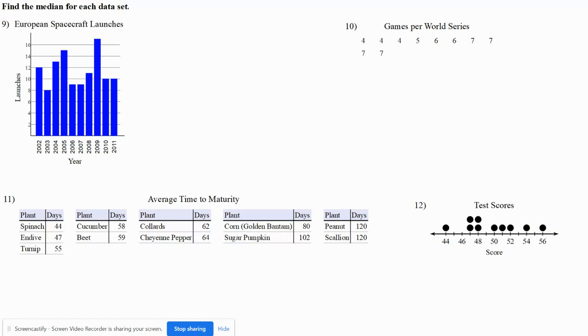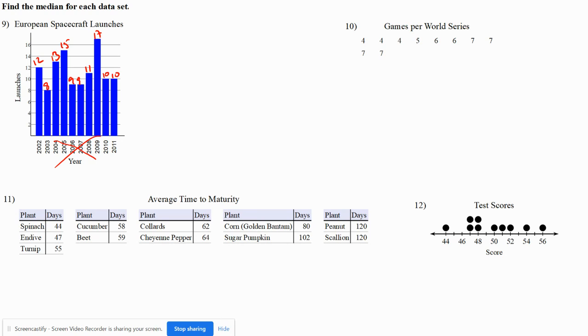Another thing I'm going to review in this homework is how to do the median. Once again, on number 9, I'm not talking about the numbers on the left. I'm talking about the numbers on the right. Notice how each line I'm counting by 2s as well. So we can easily get the number for each. My first number is 12. This is 8. This is 13, 15, 9, 9, 11, 17,